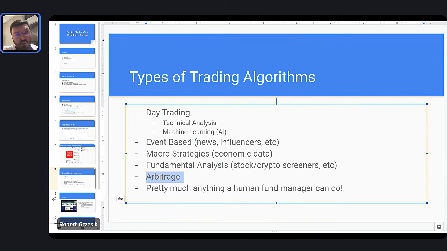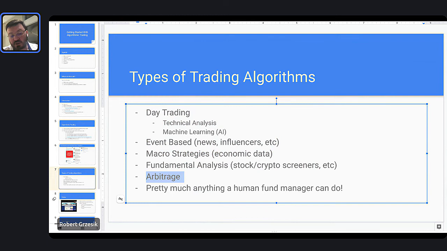Essentially, you're making $100 round trip. You're buying it at Coinbase for 2,000 and you're selling it at Kraken for 2,100. You just made $100. And then all you have to do is keep circling that around: buy at Coinbase, sell at Kraken. You're making $100 every single time, and as you can imagine, that can add up to quite a bit of money over time, especially if you have an algorithm doing this. You can do that very, very quickly, and you can make quite a bit of money very fast.